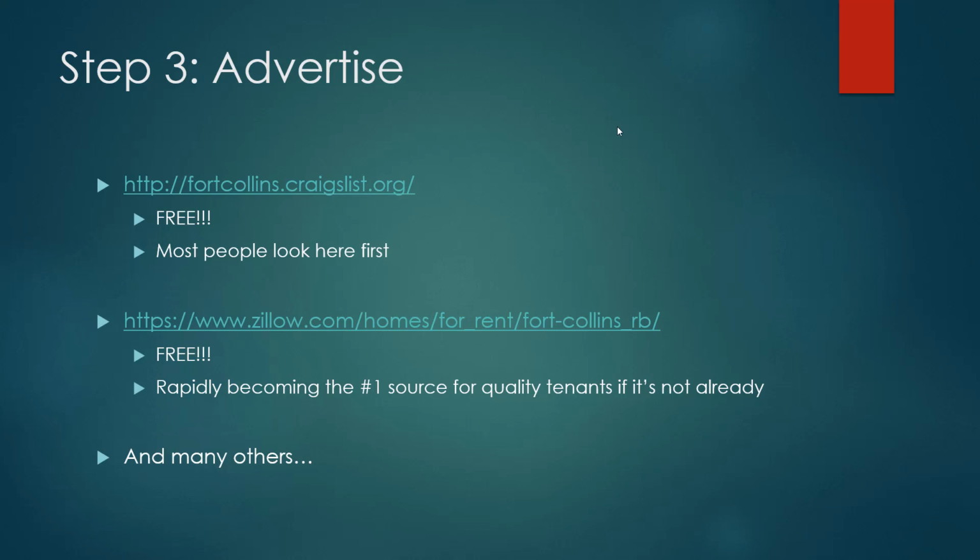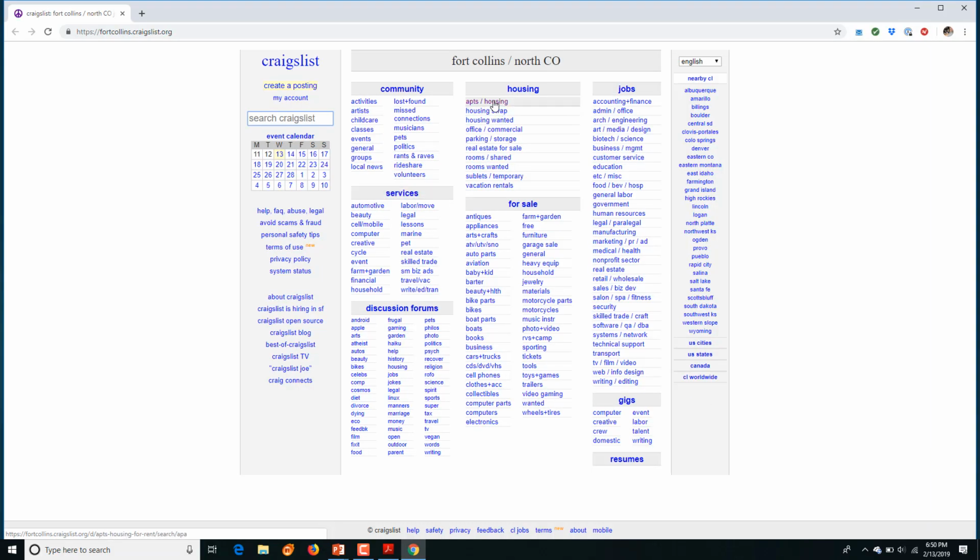And so what I want to do is actually just pull Craigslist up. Hopefully we won't have anything inappropriate show up. It is Craigslist. That is not my computer, just to be clear. So for those of you that don't know, it's under housing, and it's apartments and housing. And when you come in here,